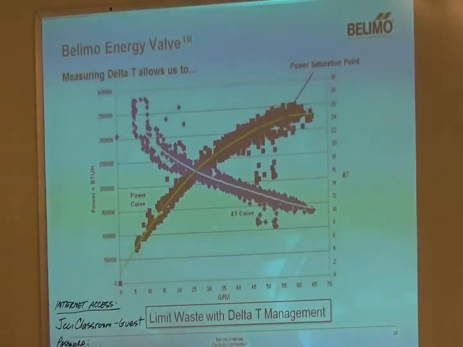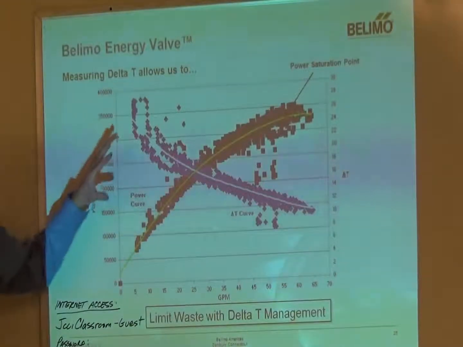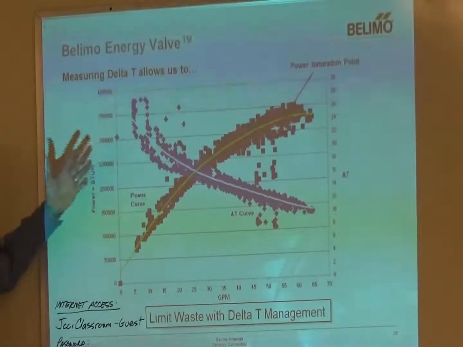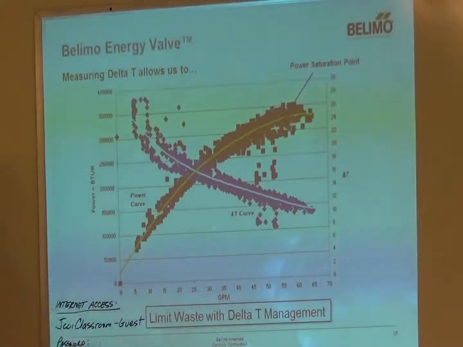From that power saturation point that shows where our delta T setting should be. And over time, all systems show degradation, be it the coil, the water treatment, things like that. And you can actually see if you're pulling graphs like this out of the valve, that's where this came from. It's a graph where data is pulled out of the valve, and then we have an Excel tool available on our website